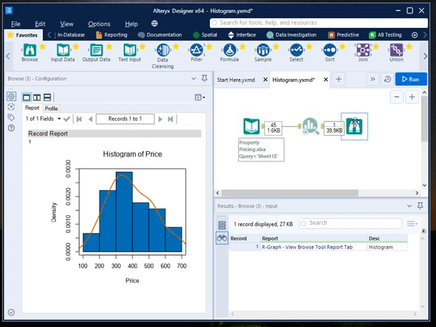To run this particular workflow, and this is how a histogram looks like, right? So it has created a histogram and there is a density plot, this red line, right? So it looks like a normal curve, right? Almost a normal curve, not exactly,